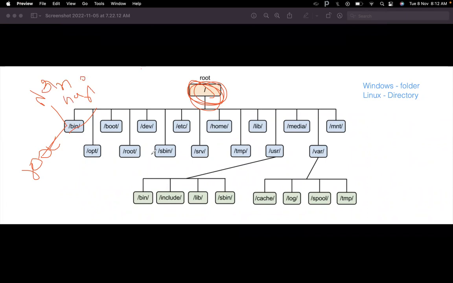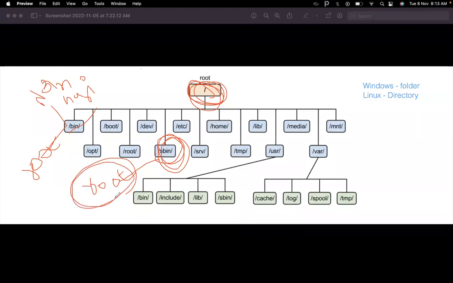The same way, SBin also contains commands: super binary commands. Which user executes the super binary commands? Only the super user. Who is the super user in Linux? The root user, the admin.